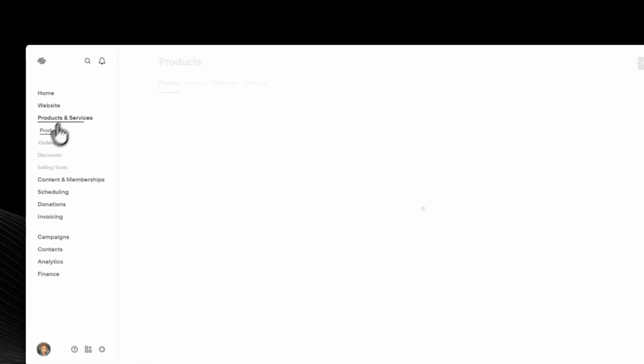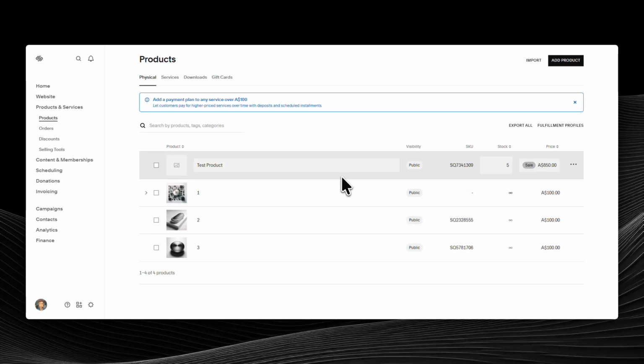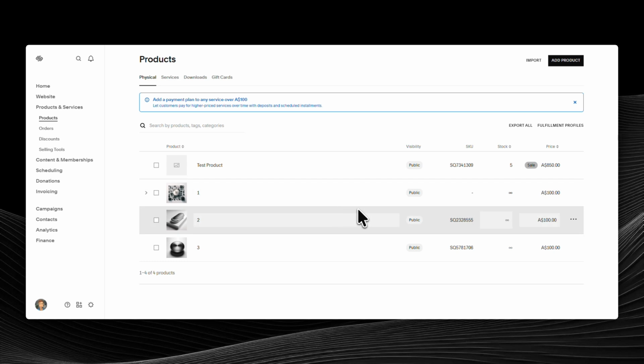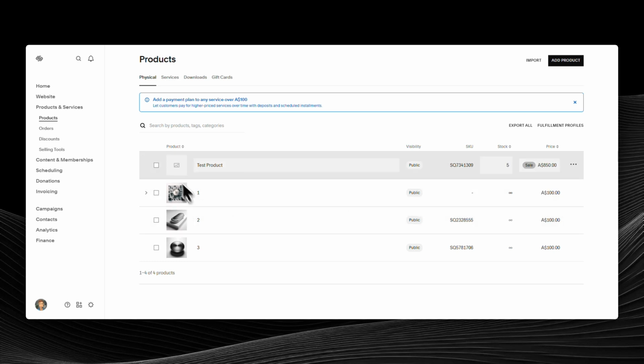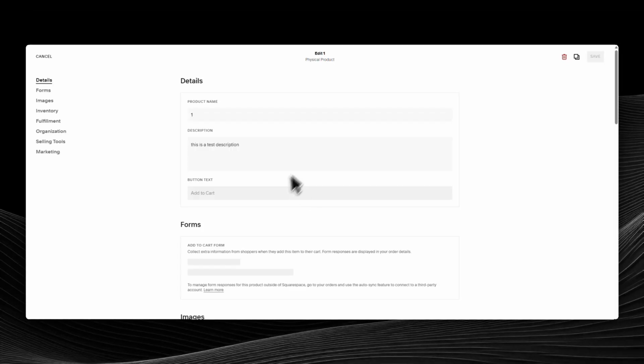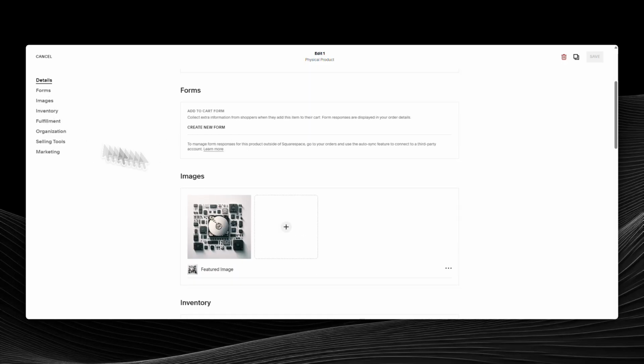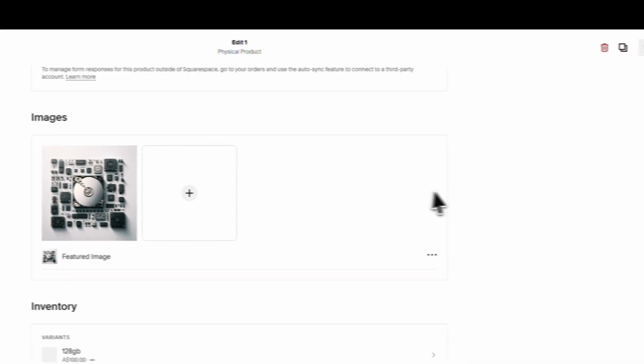To begin, go to your Squarespace dashboard and open the Products area. From there, select Products and Services so you can view the items available in your store. This is where you'll manage the product you want to update. Next, choose the specific product you want to add related products to and open it for editing. Make sure you're inside the product editor before moving on, because the Related Products option is located within that product's